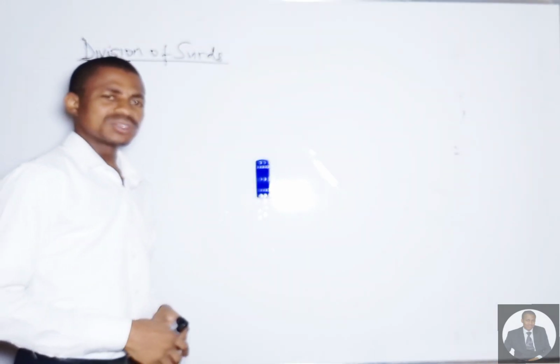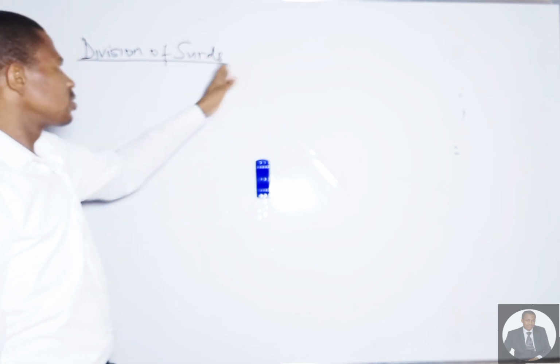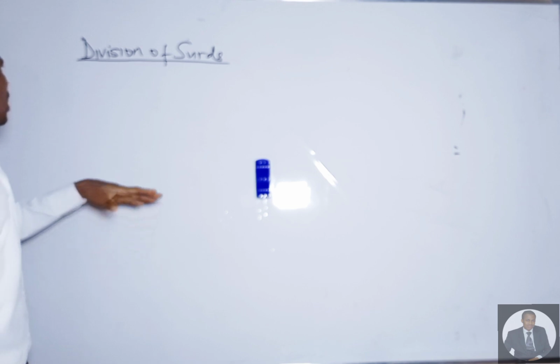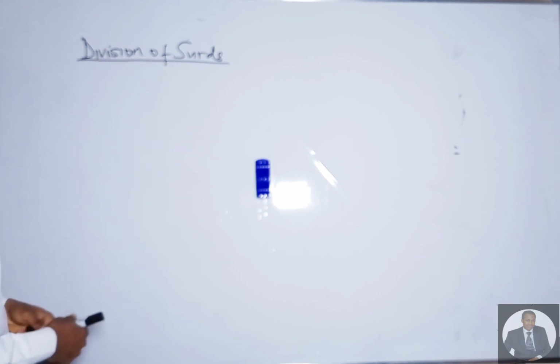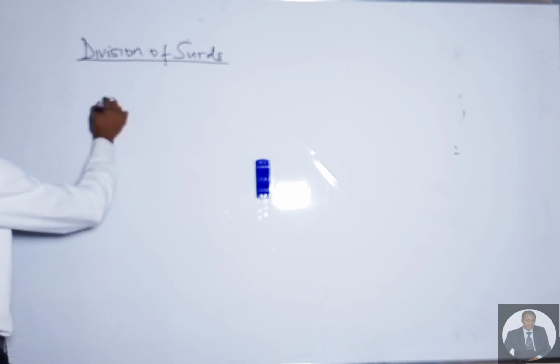In today's class, we'll be talking about division of surds, a continuation of our studies on surds. Division of surds has two major rules. Number one, if you have a fraction with a surd as the denominator, for instance, a fraction like this,